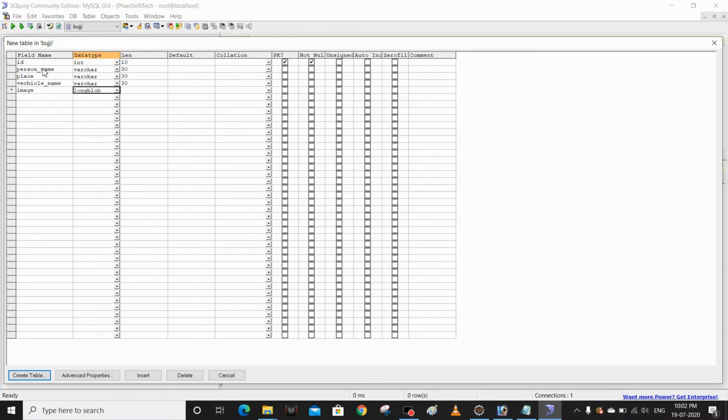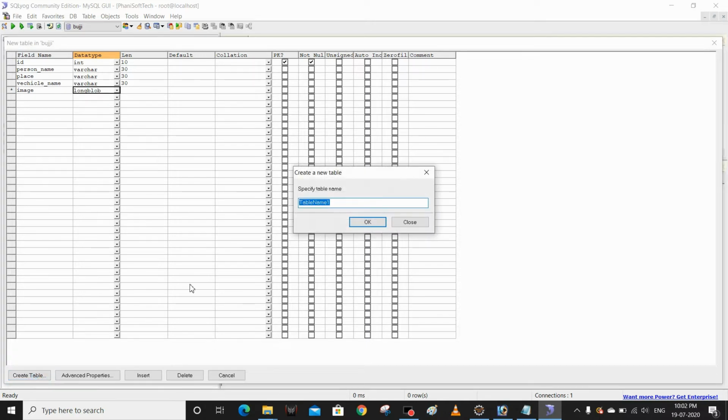Finally, these are all my columns: ID, person name, place, vehicle name, and image. Image I'm taking as a long blob. The remaining are varchars and ID is an integer and primary key. Let me create this. My table name is vehicle underscore details.